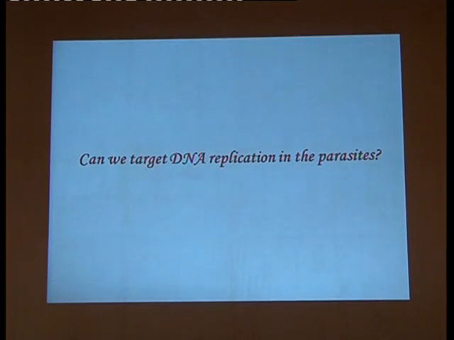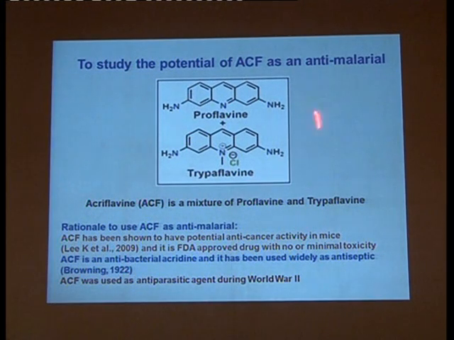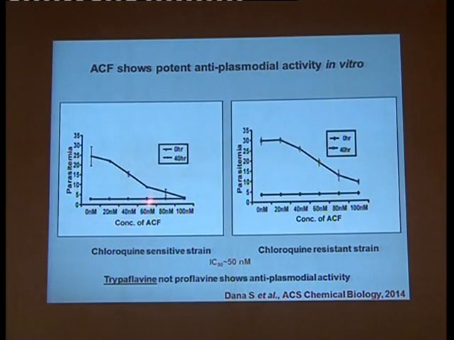Can we target DNA replication in the parasites? We looked at this molecule, which is acriflavin, which is a mixture of proflavin and trypaflavin. Why did we choose this molecule? Acriflavin has been shown to have potential anti-cancer activity. It is FDA approved. And before World War II, ACF was used as an anti-parasitic agent. After chloroquine came, nobody looked at acriflavin. So we thought maybe this is one molecule which is already FDA approved, and let's see whether it can be a good anti-malarial agent. We found, yes, both in chloroquine-sensitive as well as chloroquine-resistant strains, acriflavin worked remarkably,